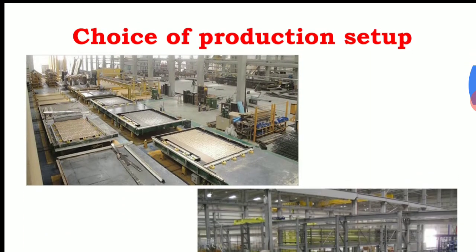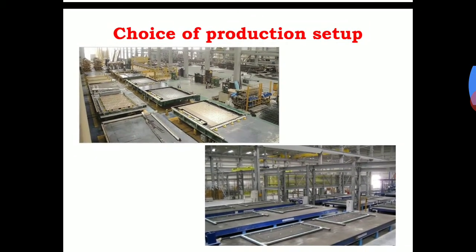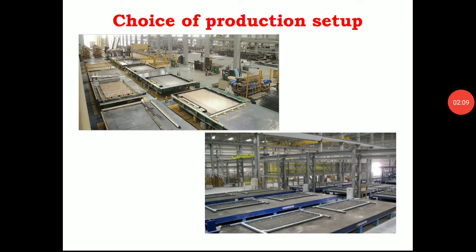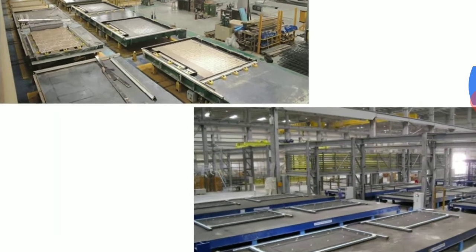Okay, so here is the choice of production setup. In this precast construction, the method has been adopted as the molds of standardized components facilitate mass production with stringent quality control, right? So this production setup, whatever we are going to use in the prefabrication system, is purely dependent upon which type of structural elements are required for the construction.